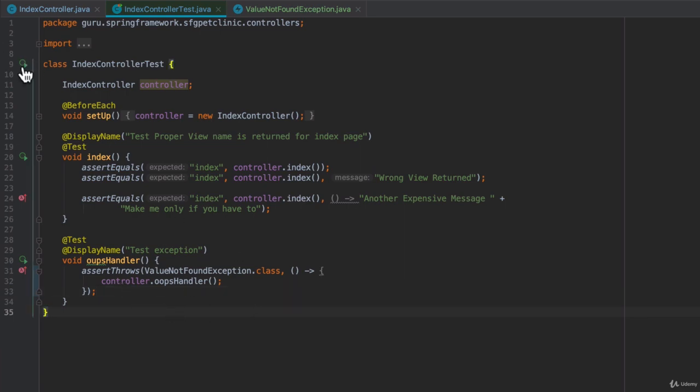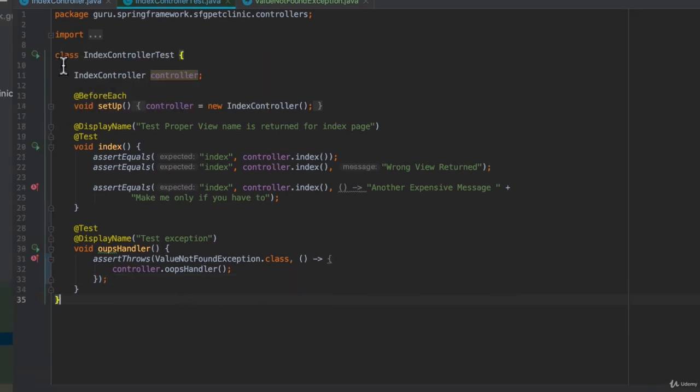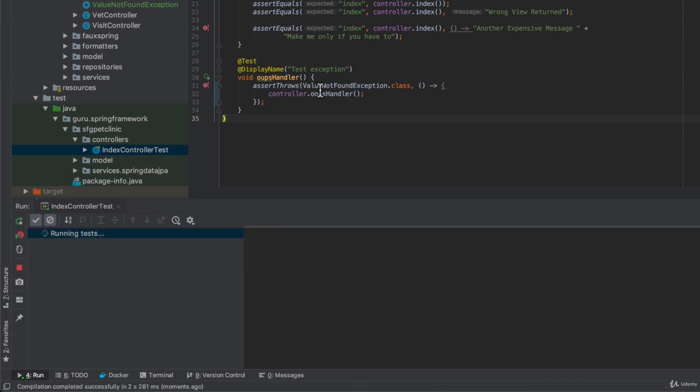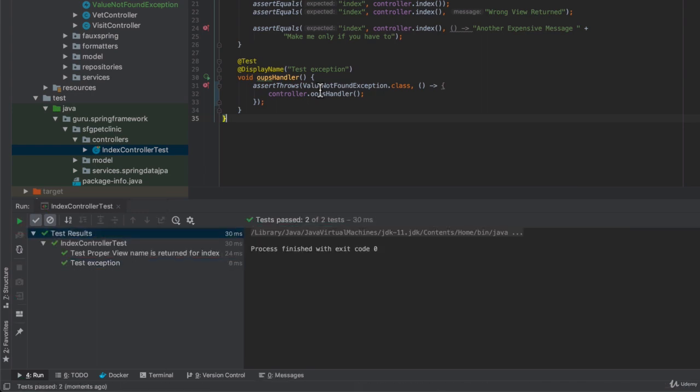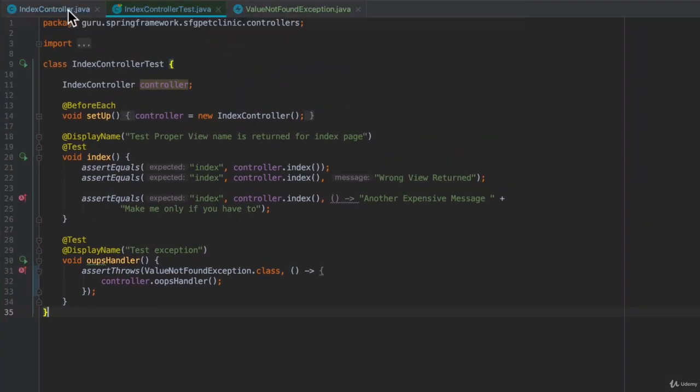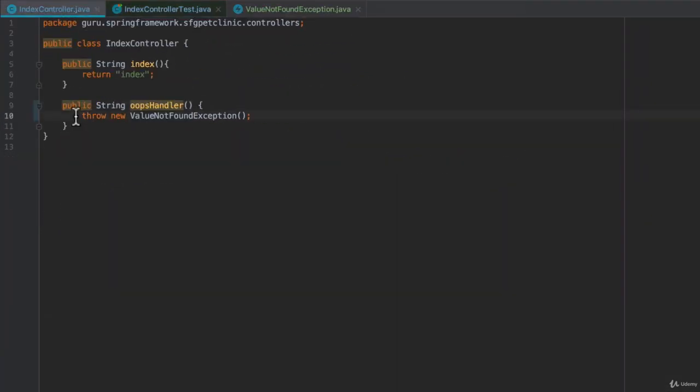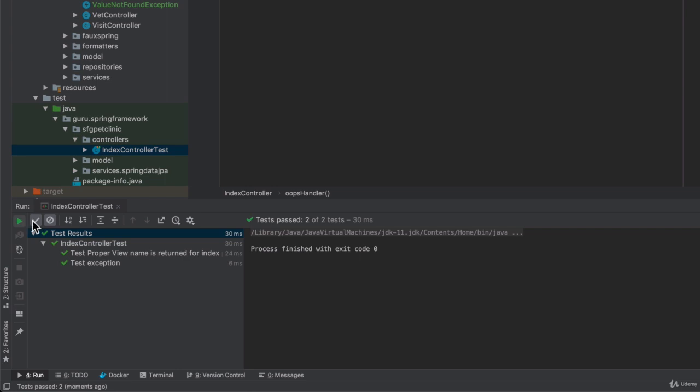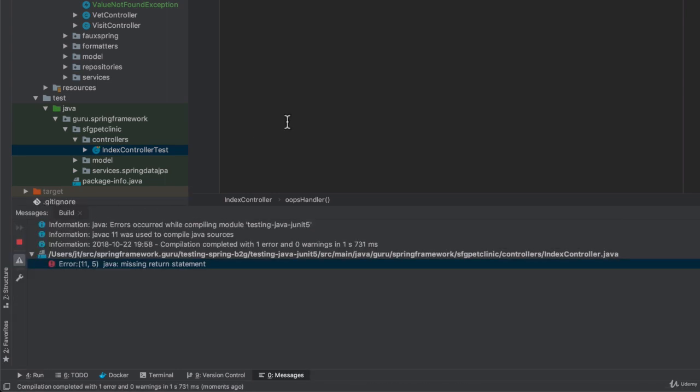So now when I run everything all together, we can see that the two test methods do run happily together. And in this case, the controller is in fact throwing that exception. If it did not throw that exception, our test would fail, and I can actually demonstrate that for you. So if I just comment this out and run the test again, we'll see that when that exception is not thrown,